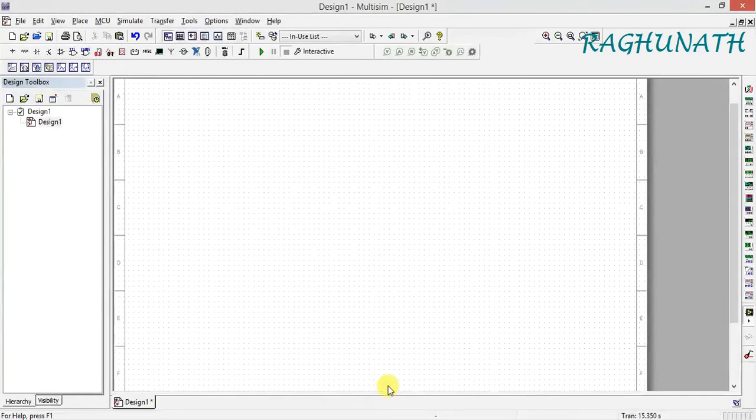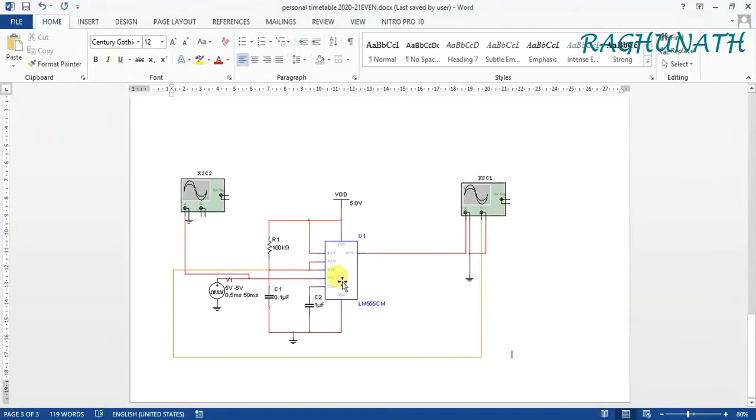Okay, let us design a monostable multivibrator. For the monostable multivibrator, the circuit diagram is this. So we require one IC timer, and R1 is 100K, C1 is 0.1 microfarad, and this you can